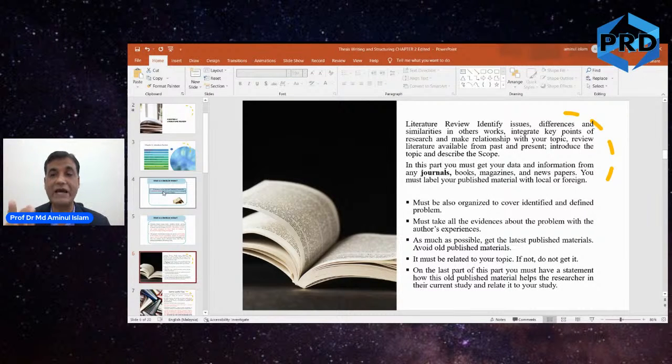We may take some data to support our case, but in the literature review, definitely we will not depend on books, magazines, or other sources like newspapers and the many digital media that we have. We may not accept them, right? So we will focus more on journals. And even when we talk about journals, we prefer more established journals, all right?